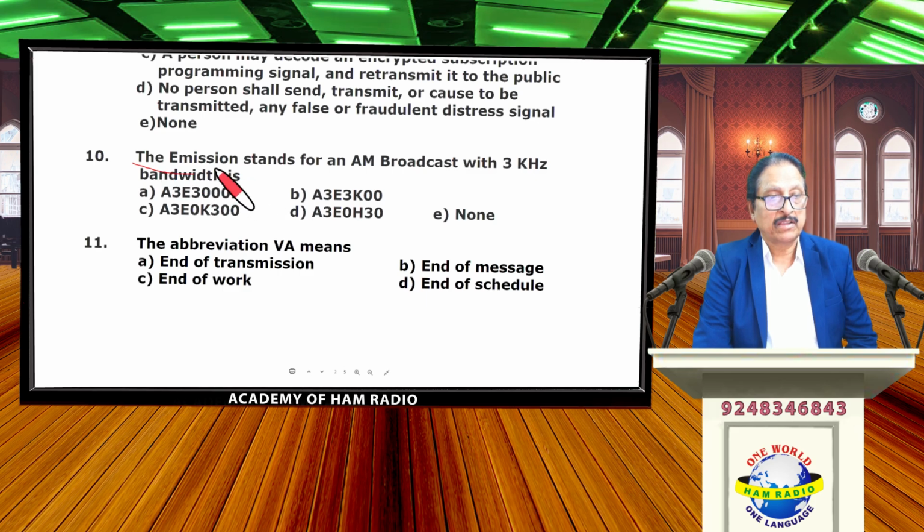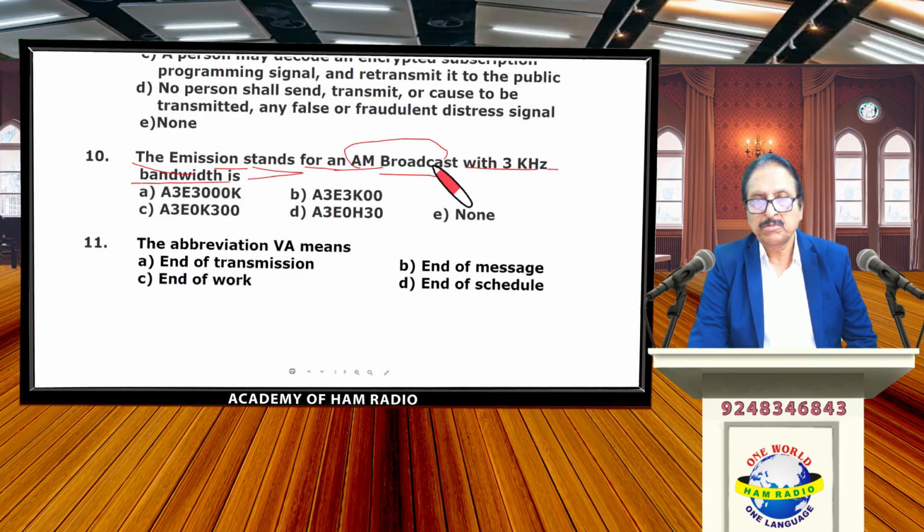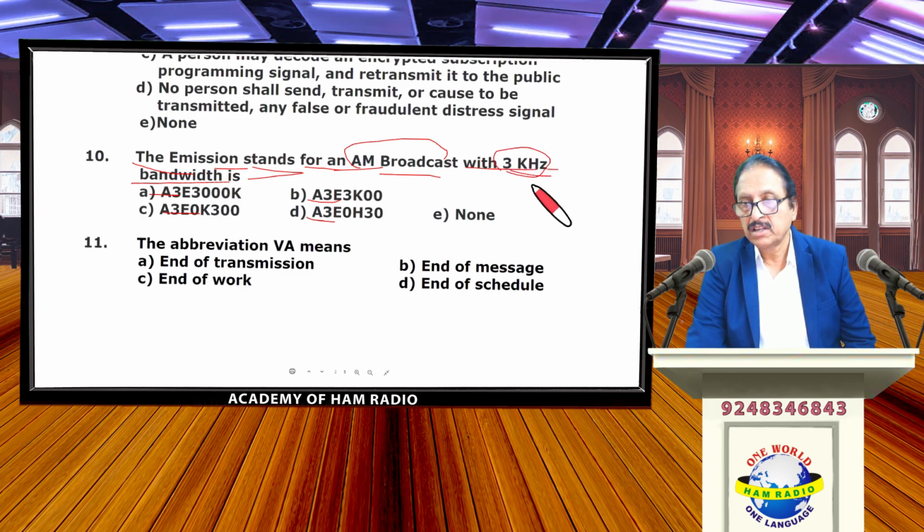Question number 10. The emission stands for an AM broadcast with 3 kilohertz bandwidth is. Here AM broadcast means A3, only AM broadcast. But you have to identify the correct frequency, 3 kilohertz. 3 kilohertz can be written like